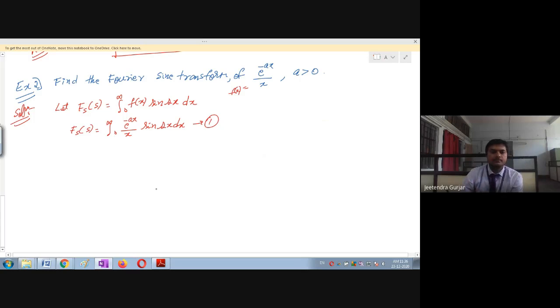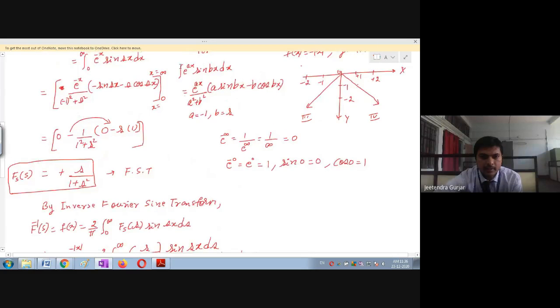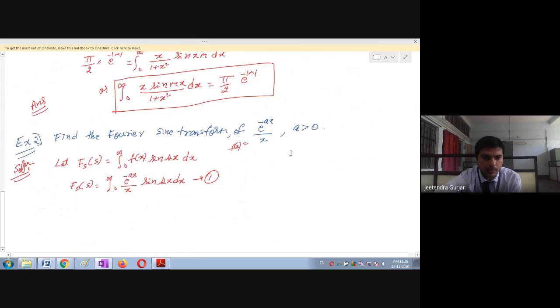For that, we don't have any formula for this. We have only the formula for e raised to ax sine bx dx. This formula we know, therefore we have substituted. But here in this case, we cannot use this, students. Please remember. So for this, what I will do, I'll say that we